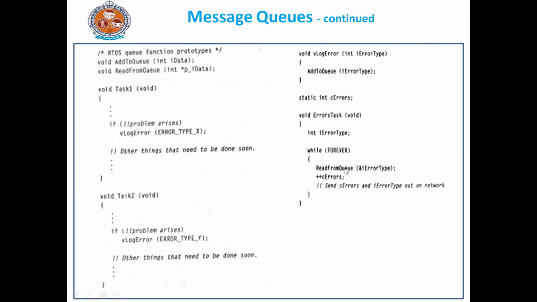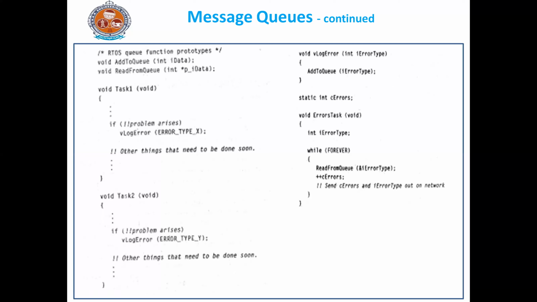How are we getting the problem? That is the shared data. Here cErrors is a static int variable, which will be stored in some fixed location of your memory. This particular variable is being incremented here. So this becomes the shared data, and you will get the problem of shared data.